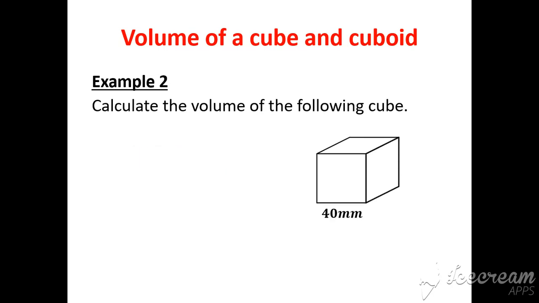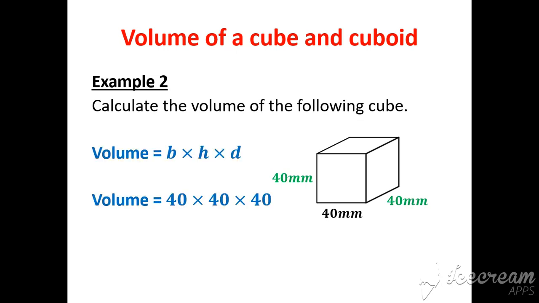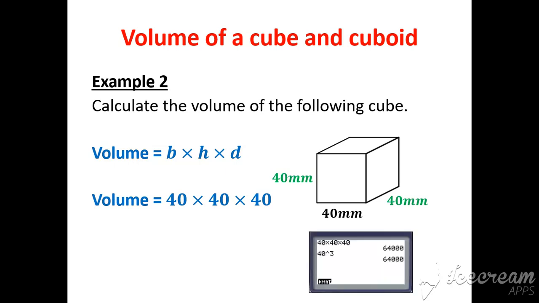Right, calculate the volume of the following cube. It's 40 millimeters. It's a cube, which means all sides are 40 millimeters. So now we go volume is base times height times depth, which is just 40 times 40 times 40. Base times height times depth. And that gives us